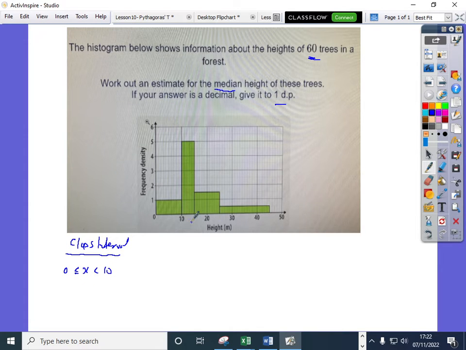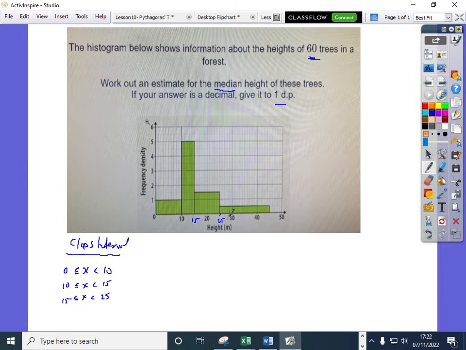This bar goes to 15, so 10 ≤ x < 15. This bar is going from 15 to 25, so 15 ≤ x < 25,